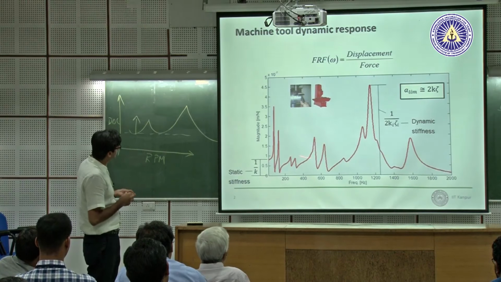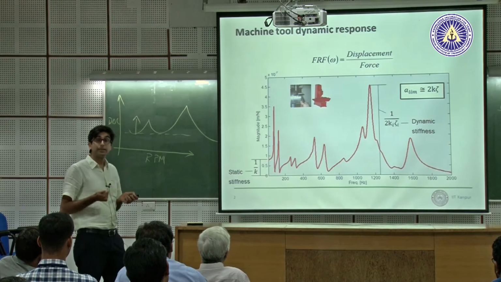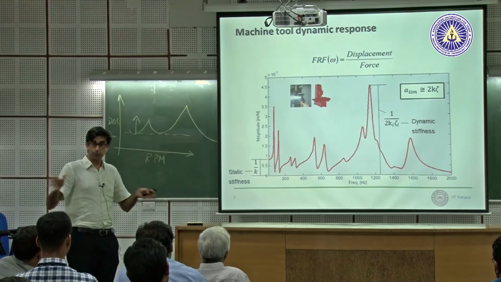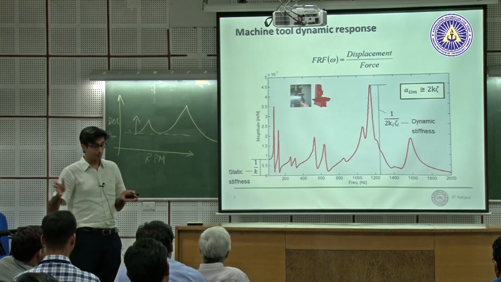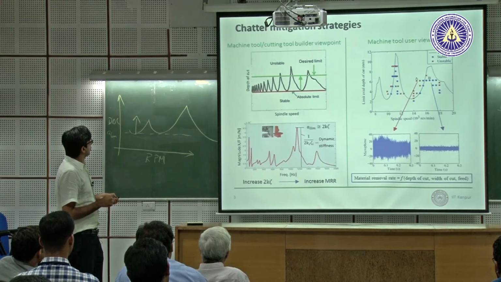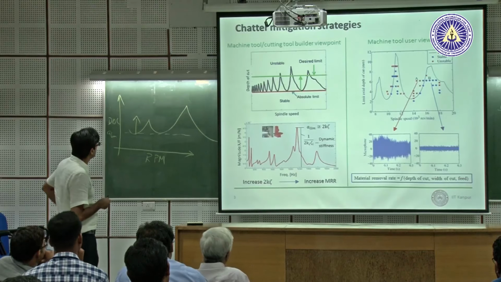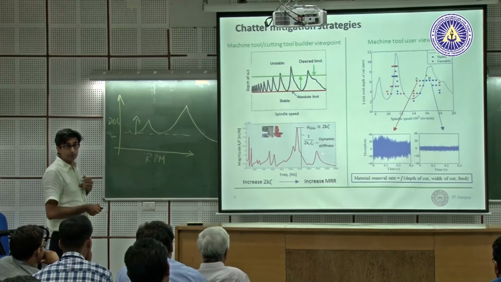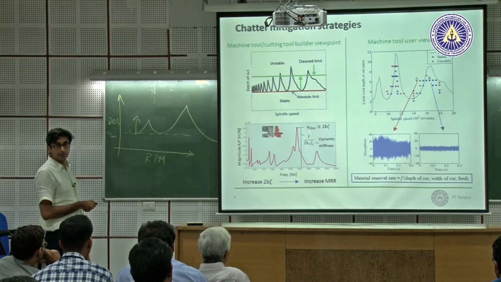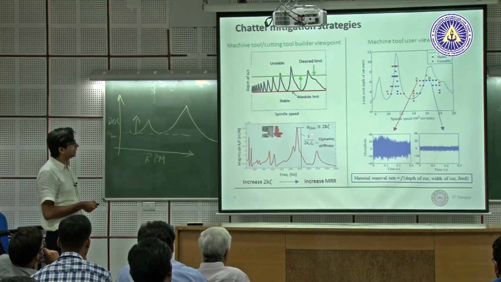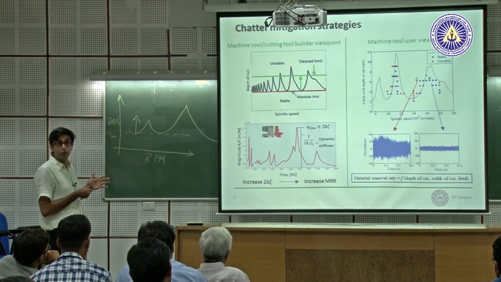So we're going to try and use this information for designing tools and machines. This is what this talk is about. The math we've already gone through; we'll talk about ideas now. Before that, I already mentioned this is inversely proportional. Productivity is now a function of your depth of cut. Your material removal rate is a function of your depth of cut. So if you improve depth of cut by design modification, you push this higher, and you also make a more productive machine or a more productive tool.